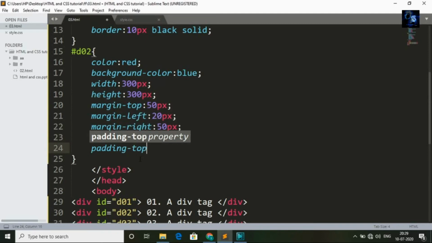If you want to provide space between text and top border, then you need to mention the value here.